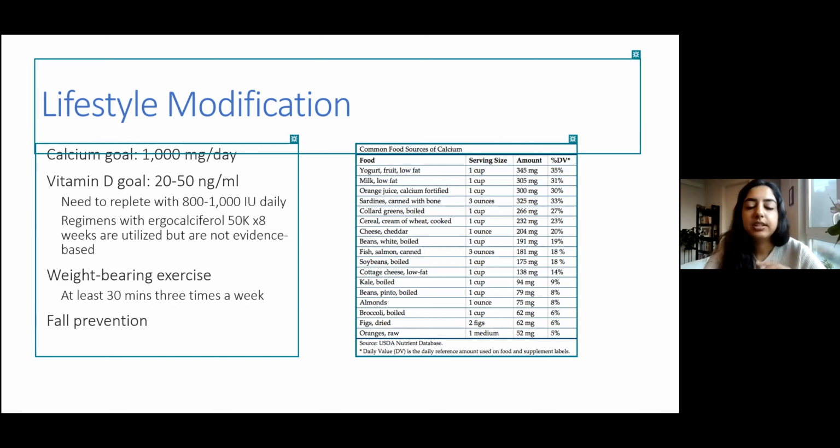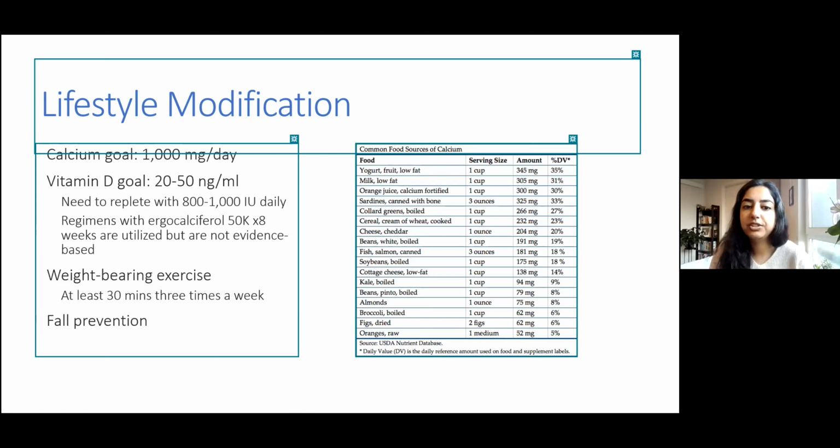In terms of the formal recommendations for weight bearing exercise, they should exercise 30 minutes 3 times a week, so 90 minutes total a week. And what defines weight bearing exercise? Weight bearing exercise for a geriatric patient is not sitting. Anything that's making them mobilize on their bones, exercise their bones is great. So walking programs are evidence-based, that's great. Tai Chi is a really great option for older patients, not just because it's weight-bearing exercise, but it also has evidence for fall prevention,